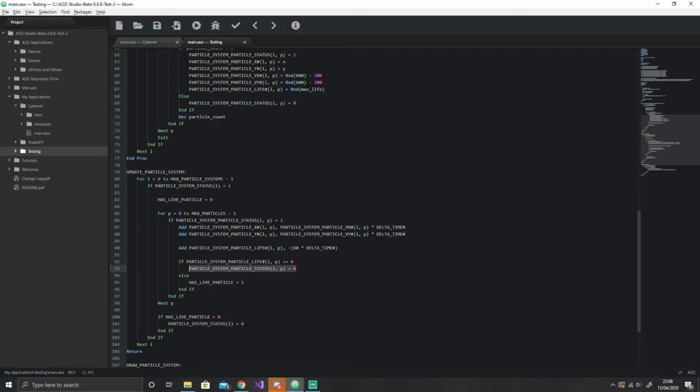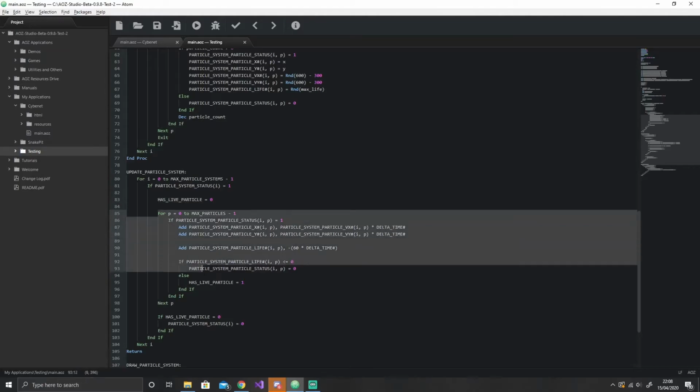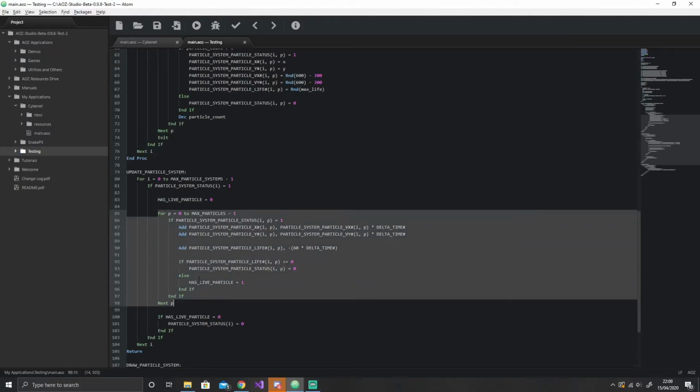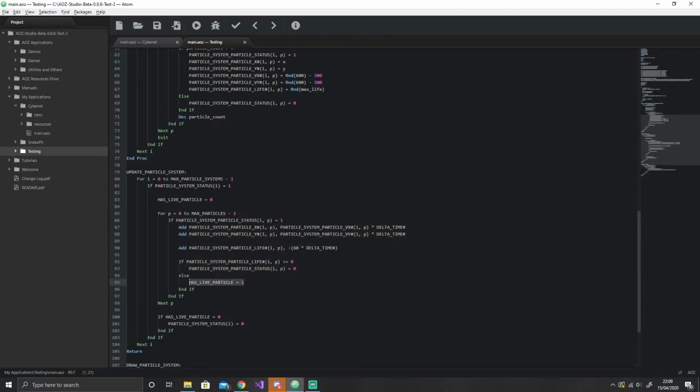And if we go back to this has live particle, if this for loop has completed without dropping into this part of this if else, that will tell me that there's no particles with a status of 1. So that's just a flag that I'm using so that I can then set the particle system status back to 0 to free that up for another one. So that's all that little bit of code is doing. So that looks after updating the particle system,